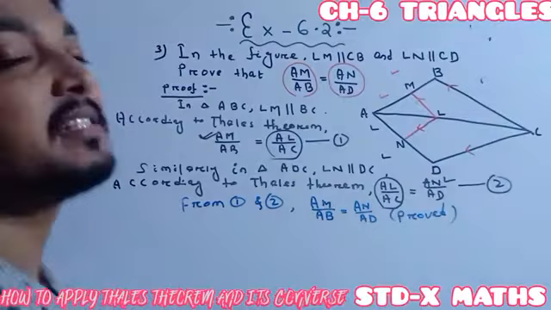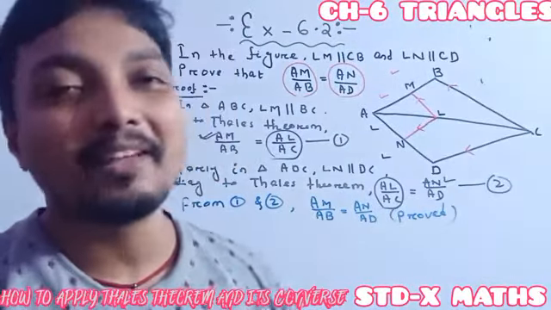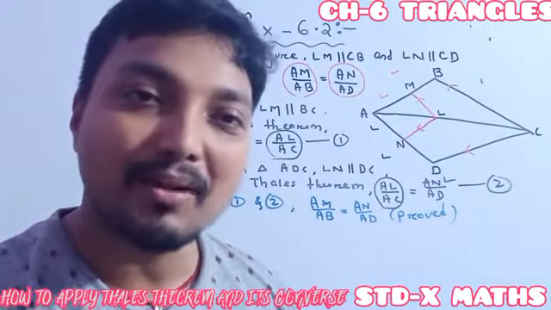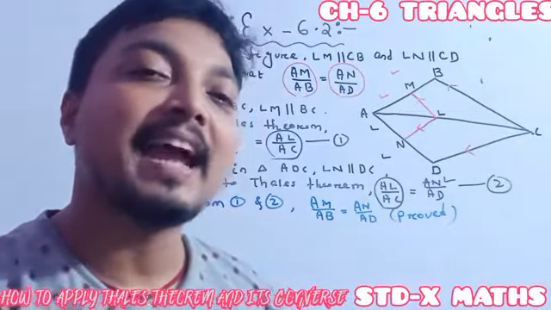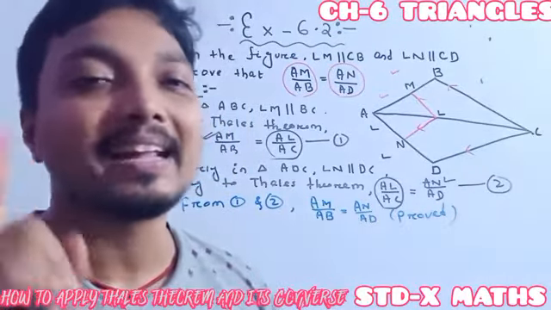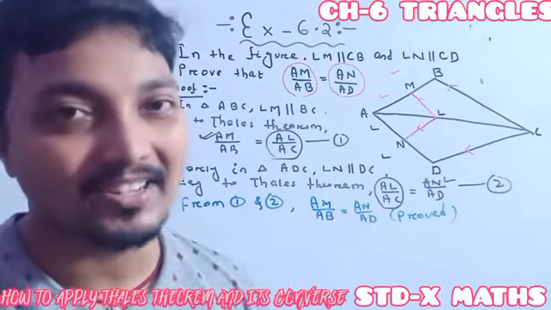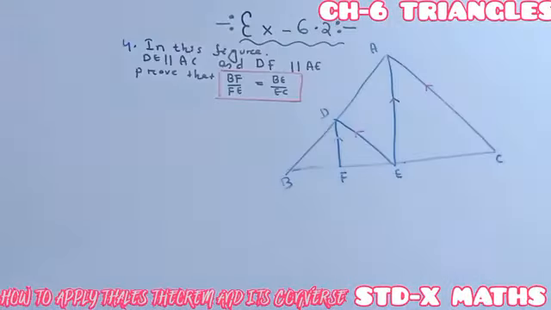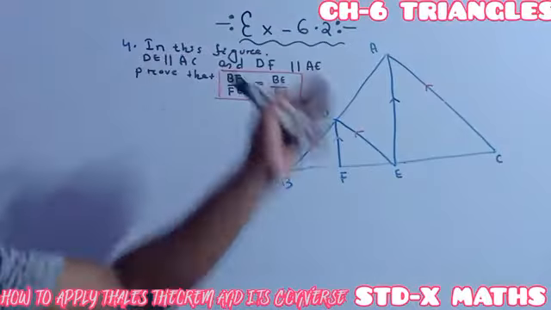Tell me, this one is easy, otherwise difficult. You only have to remember the trick. You have to choose two triangles, based on which sides are given. Between the two triangles, one of the sides must be common. Understood? See, in question number 4, it is given that in this figure,